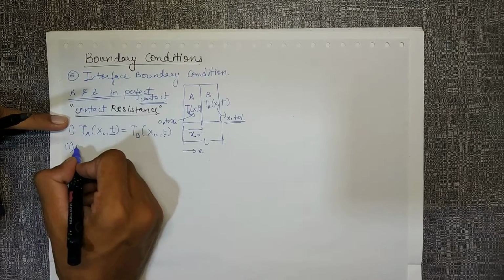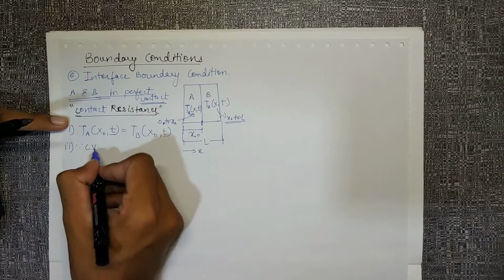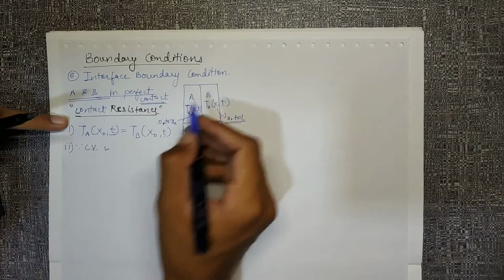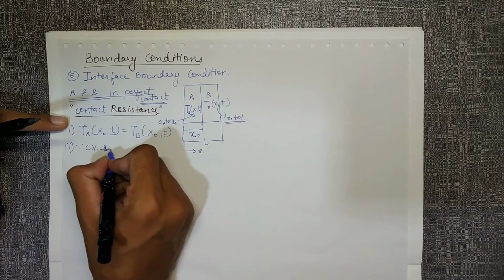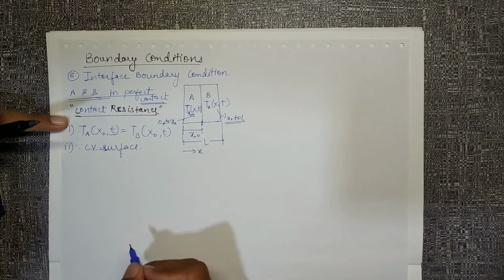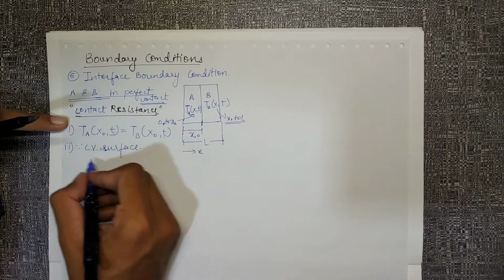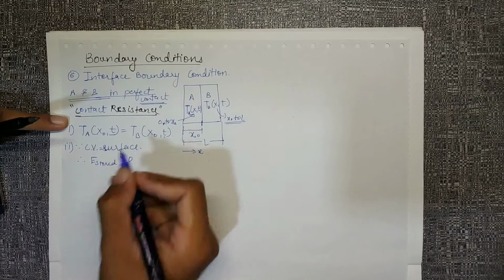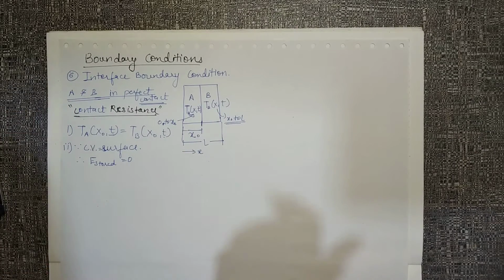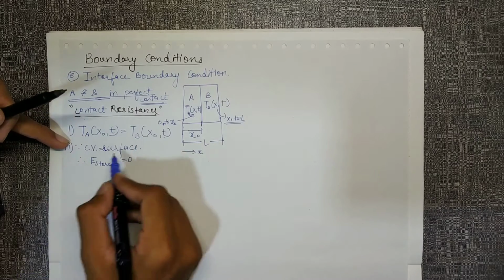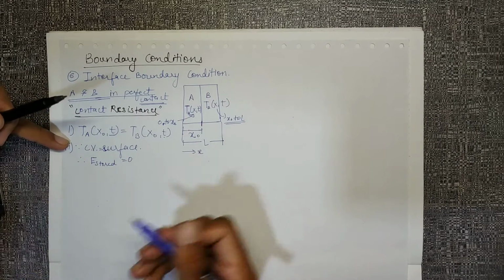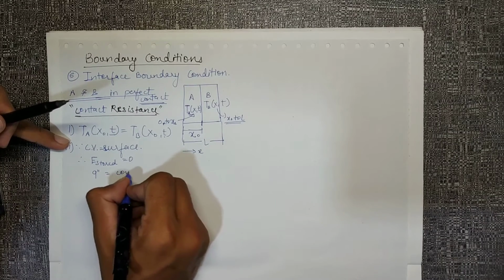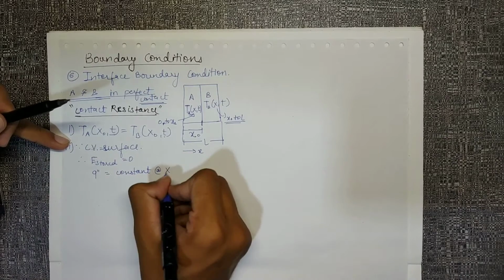And second, since the control volume between these two, A and B, is a surface, it can't store energy, therefore energy stored will be equal to 0. That's what we have been using in solving problems also, that if we are taking control volume as a surface, it cannot store energy, it cannot generate energy. That means my Q double dash will remain the same, equal to constant at x naught comma t.